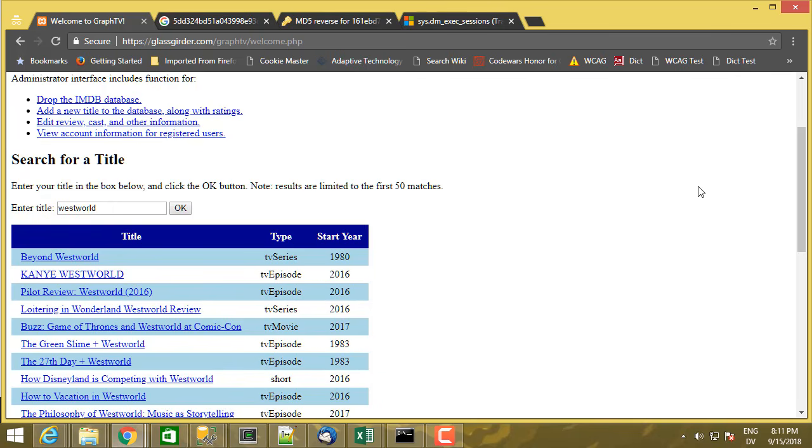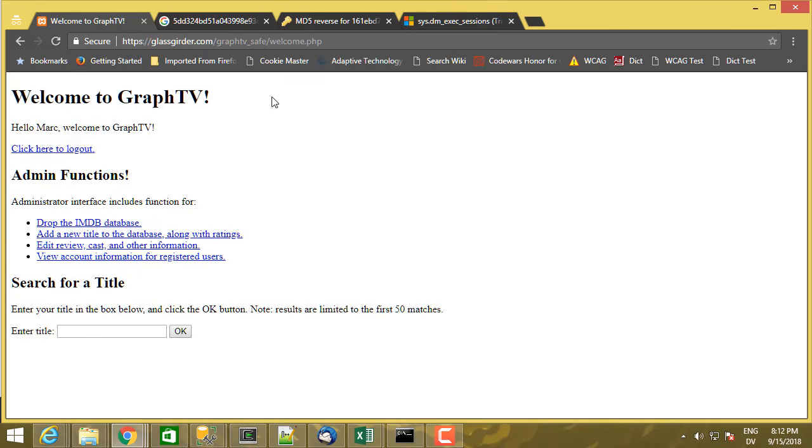So now that we have some users with limited permissions, let's use them to tighten the security on the Graph TV page. And what I've done, I want to leave this one unsecure so that you can use it for your assignment. So I made a copy called Graph TV Safe, which should work exactly the same, except this is the one